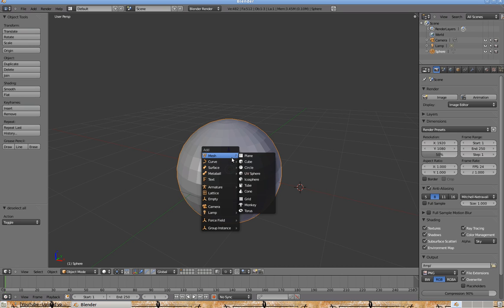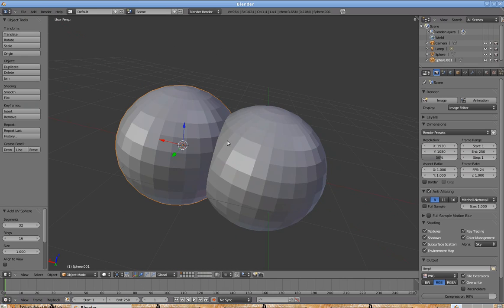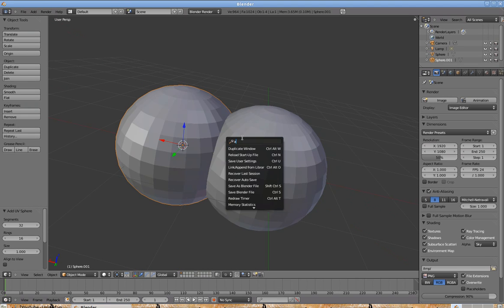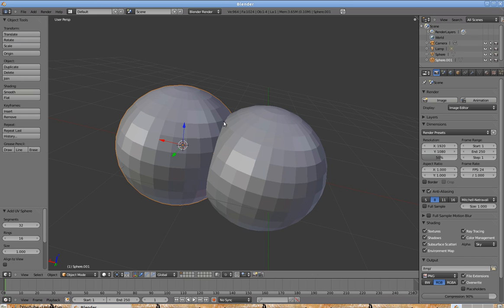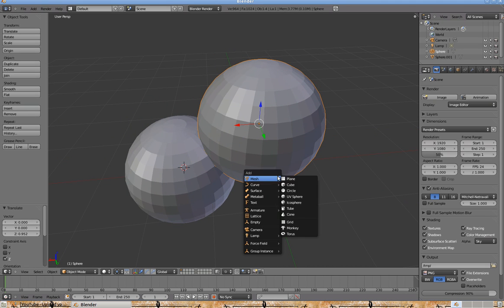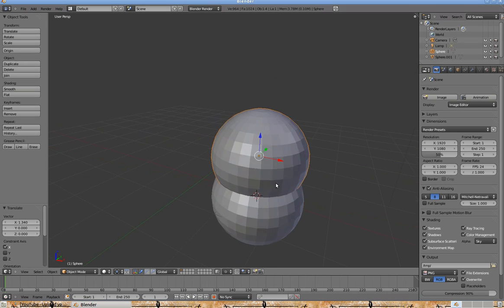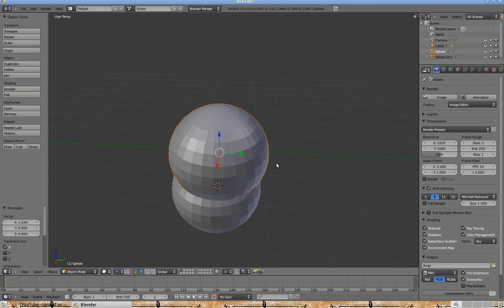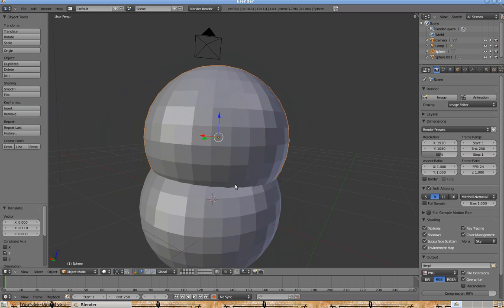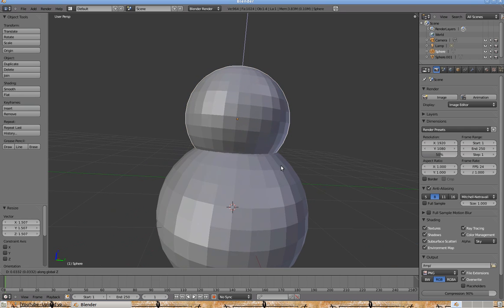So now just go under Mesh, UV Sphere, and that adds a sphere. Instead of having to go through that search menu and having to type in add UV sphere, you can just go under Shift A, add menu. So now that I've added two UV spheres, I need to move them, position them, just like you would making a snowman with real snow. So just size it up, make it look like a snowman,